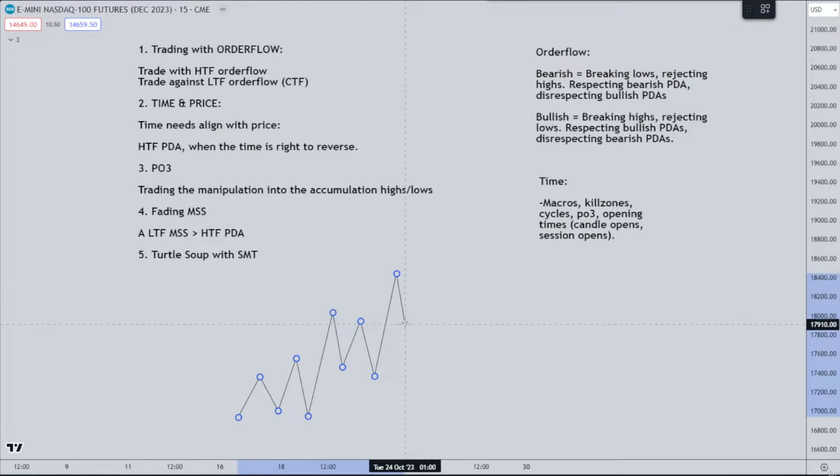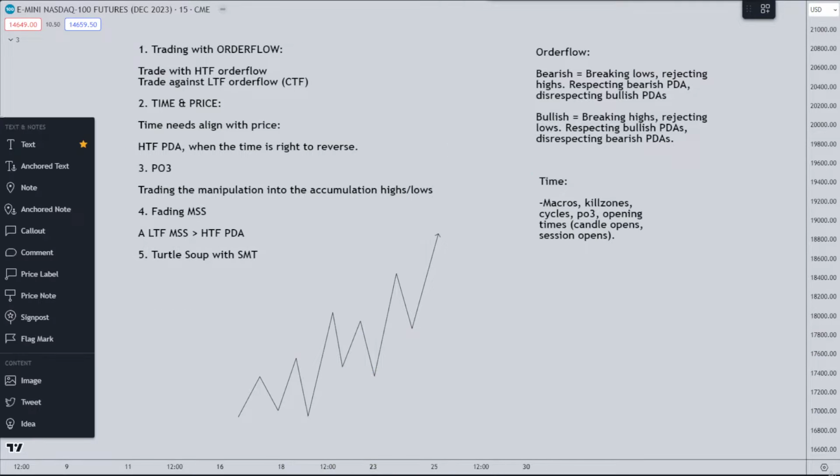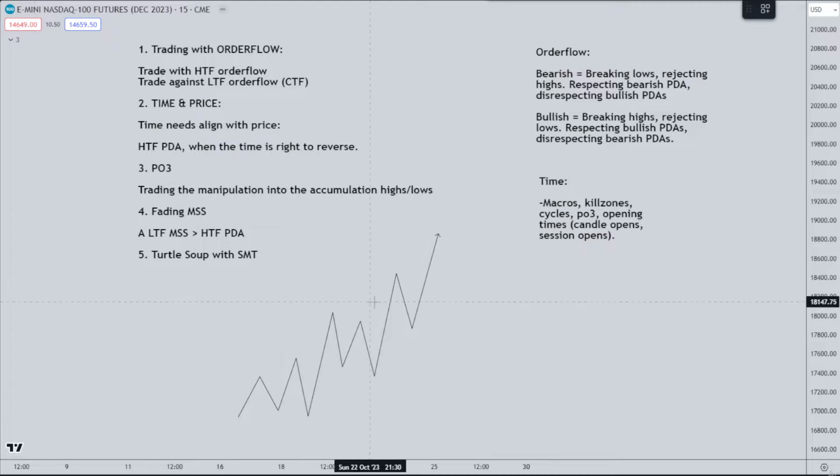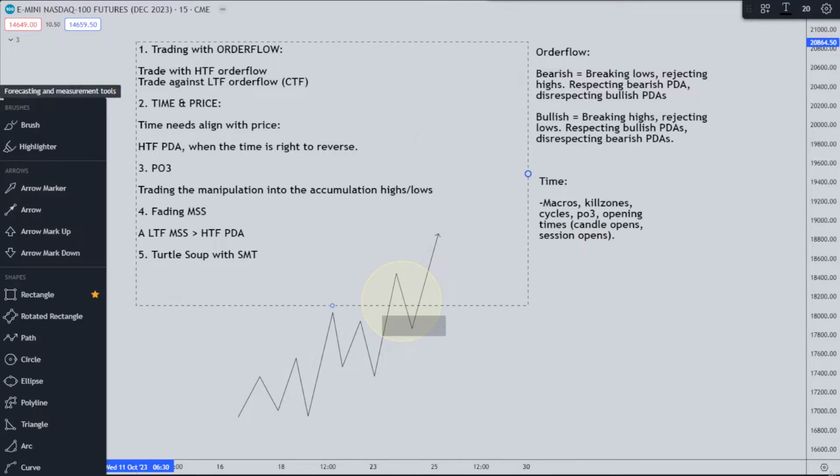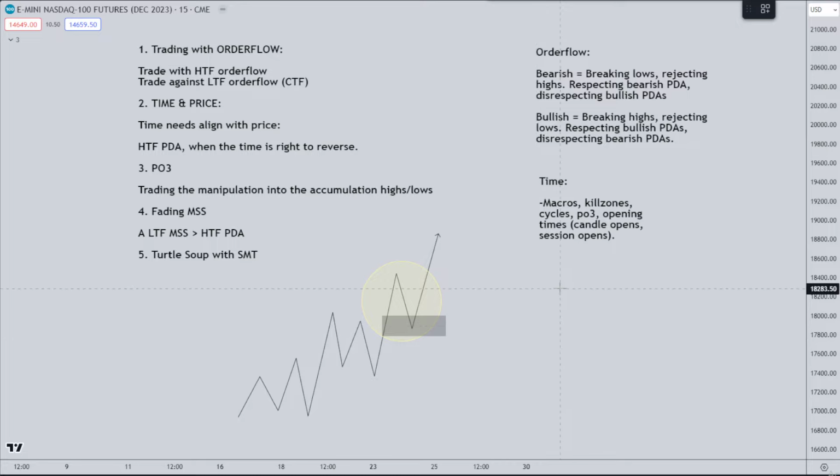And we get a 15-minute retracement right here into an FVG, right? So we're focusing on, where's the little circle at? Focusing on this piece of price right here. Okay, so say we get a retracement into a 15-minute FVG. This is the 15-minute time frame, right? In this retracement price leg, on the 1 minute, right, it's gonna look like this: breaking lows, rejecting highs, respecting bearish PDAs, disrespecting bullish PDAs,